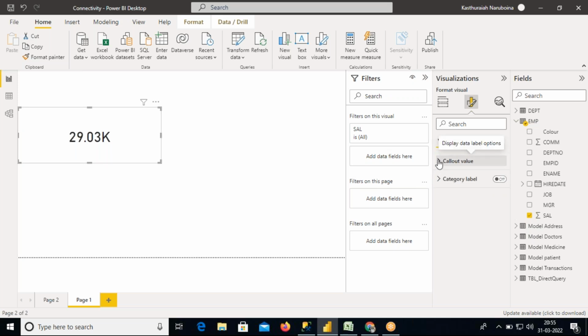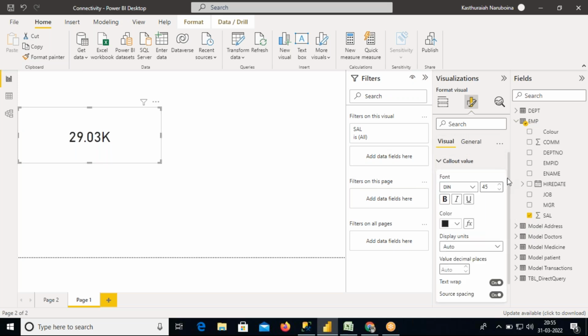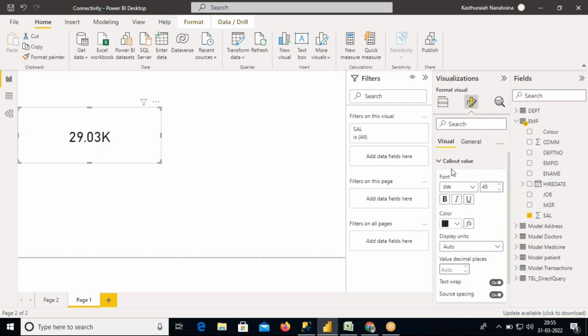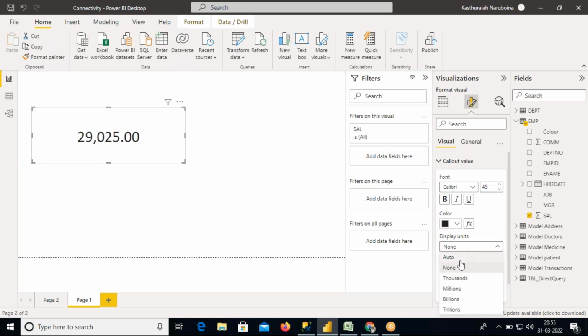Then go to the callout values. All the options are renamed, so the previous version's option names have been changed. Even I have not gone through it, as this version was released one month back. So they renamed everything. Let's try this, so Calibri. And display units is none, but an actual value will be displayed. This is the actual value. In case you want to display the actual value, then here under display units you can select the none option, which will display